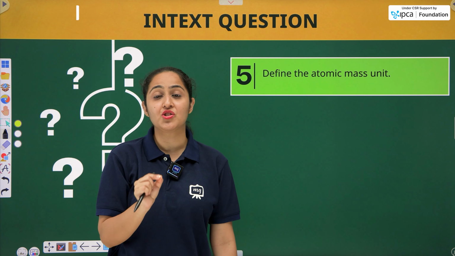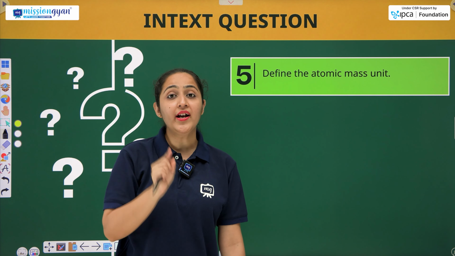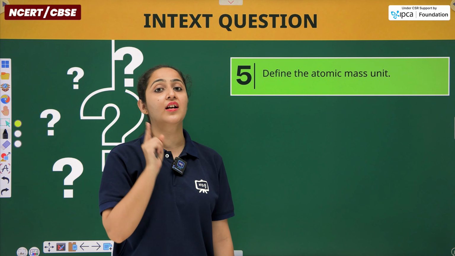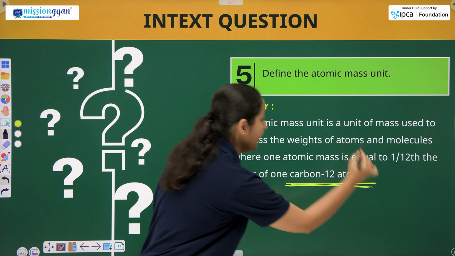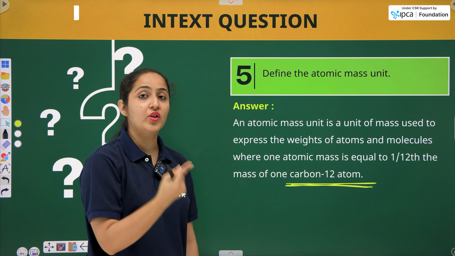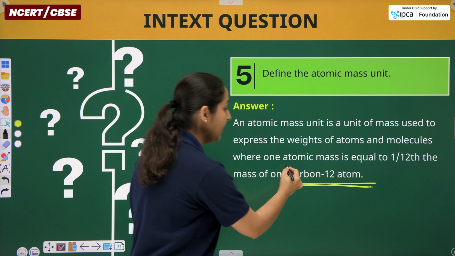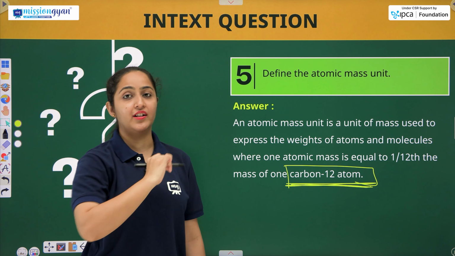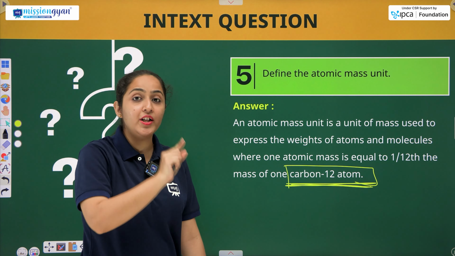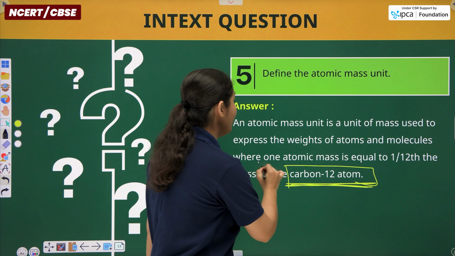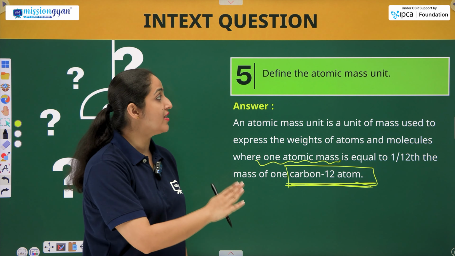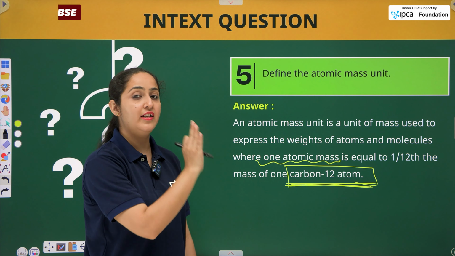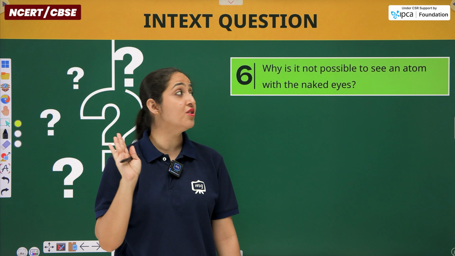One atomic mass unit is equivalent to 1/12 of the mass of one carbon 12 atom. तो ये हमारा कार्बन 12 एटम है, ये आइसोटोप है, राइट? कार्बन के कार्बन 14 आइसोटोप भी होता है, पर हमें कौन सा लेना है? कार्बन 12 का जो एटम होता है उसका 1/12 अगर आप मास कर देंगे तो हमें क्या मिलेगा? 1 atomic mass. All right. So this is how you need to express this definition. Now let's move on, students.